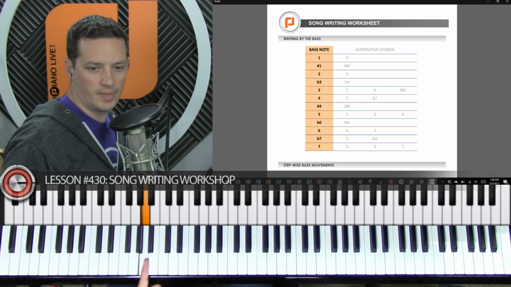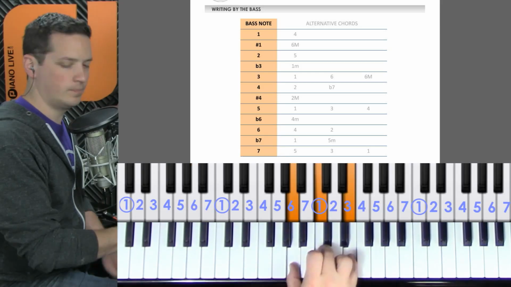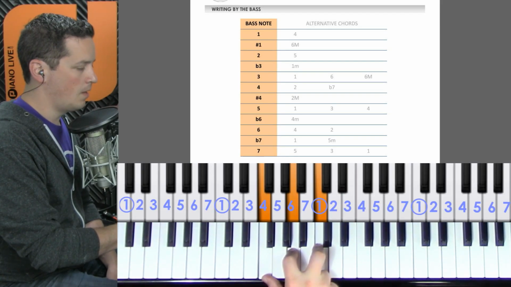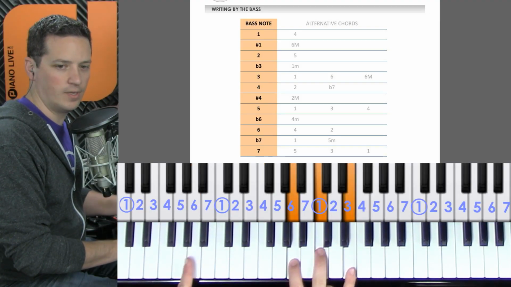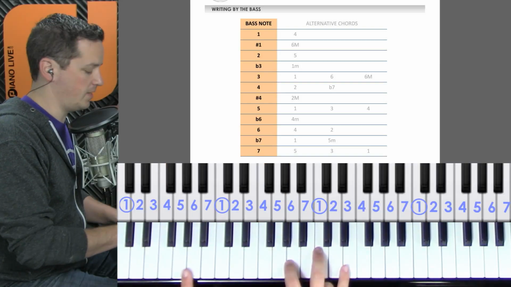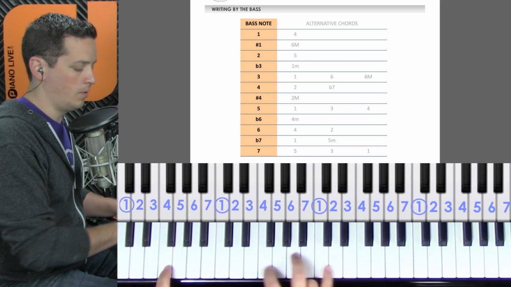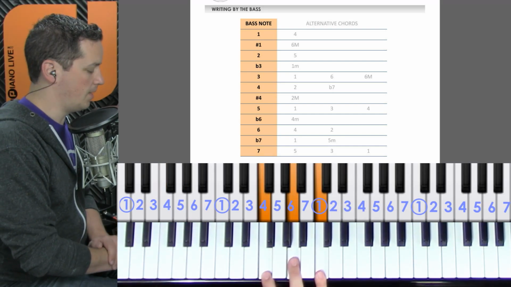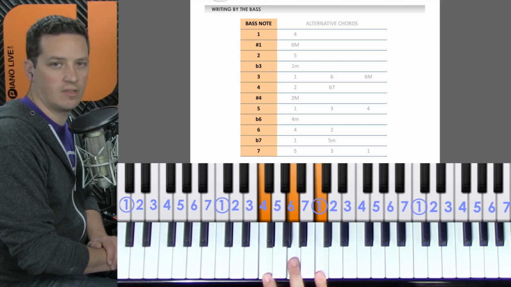If you've got a 6 chord, and let's actually go to the key of C, that might help. So if you've got a 6 chord, and then the next chord that you have is a 4 chord, then it might help to just pay attention to the bass line and go, well, the bass is going from a 6 to a 4. So it might be nice if that bass just passes through that 5 to make that transition a little bit nicer, because even though most people don't notice the bass line of a song,